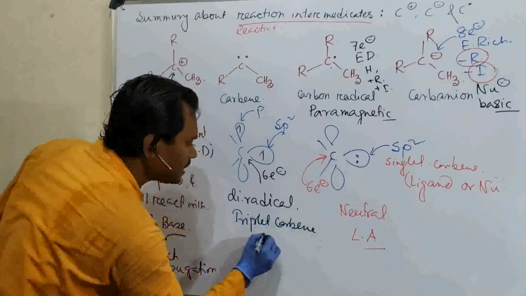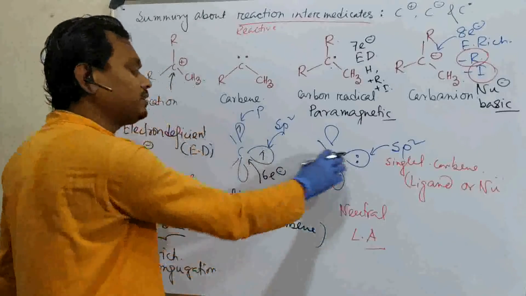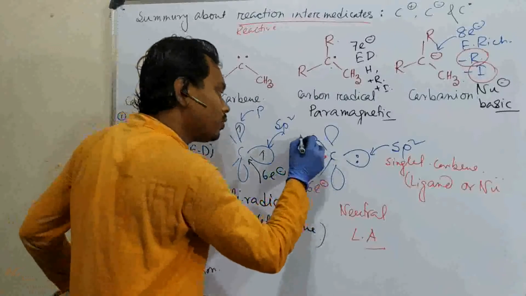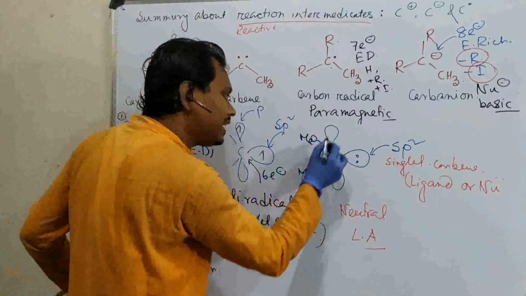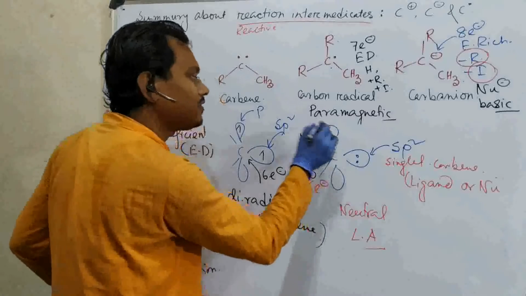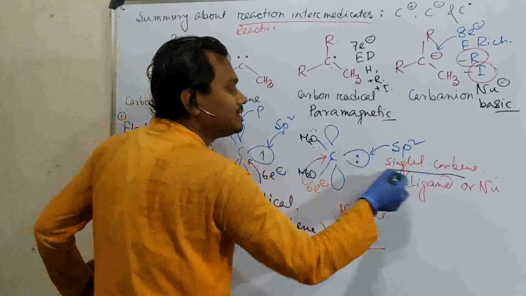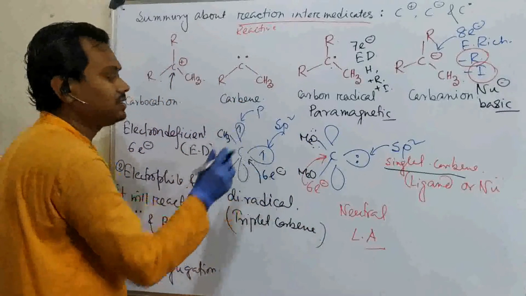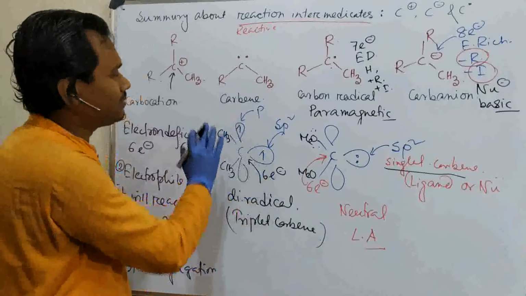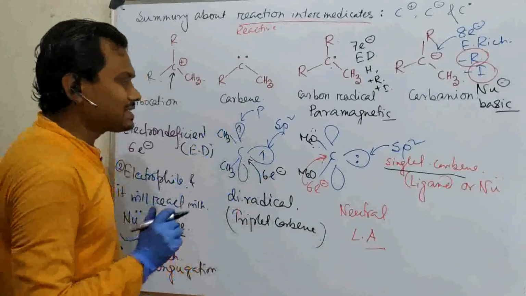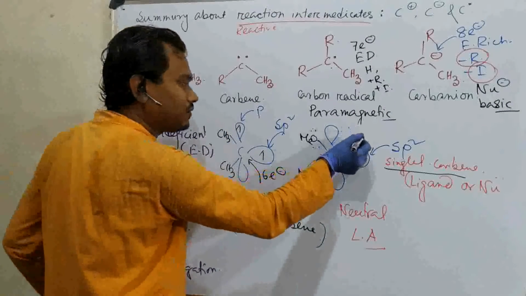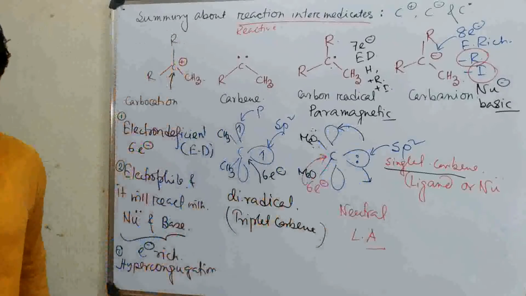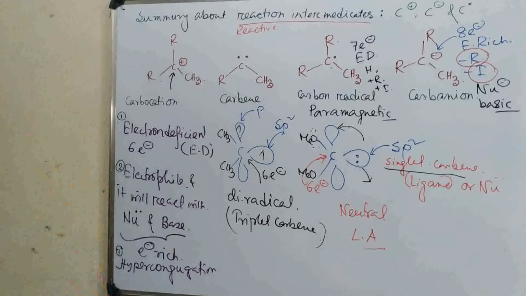Triplet carbene. Both are electron deficient, but when will it be which? If you have an electron donating group like OMe, then they can participate in conjugation with the lone pair and vacant p orbital, and they will prefer to make a singlet carbene. Whereas if you take a simple alkyl group like that, that kind of stabilization is not available here. So what is the property of this? This can act as an electrophile, electron deficient. Here the singlet can act as a nucleophile using this lone pair, but the triplet cannot act as a nucleophile. It will act as a diradical and show that kind of reactions.